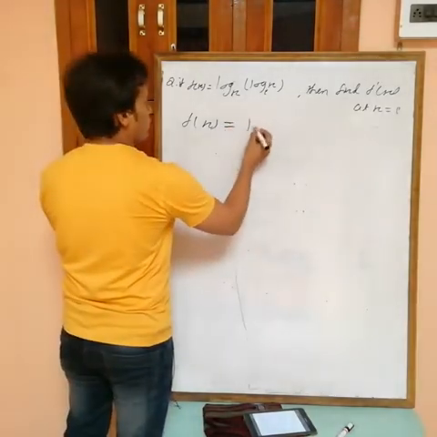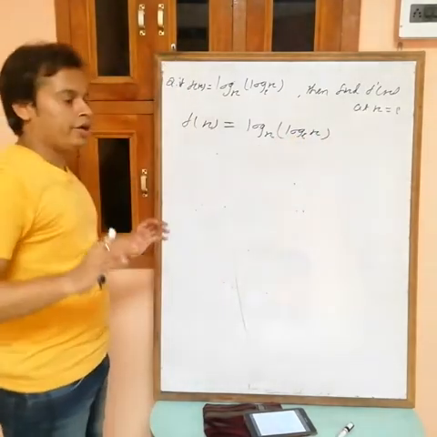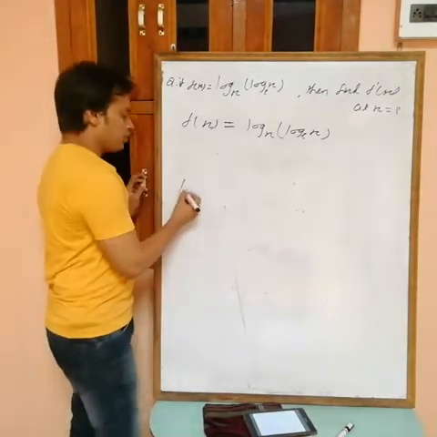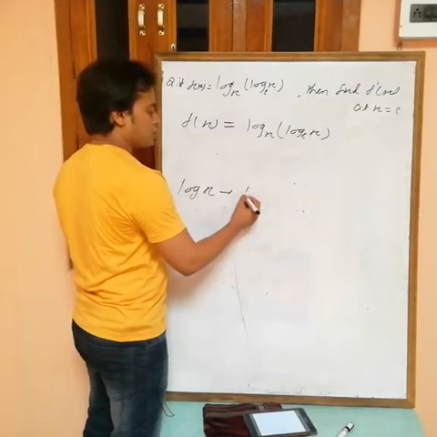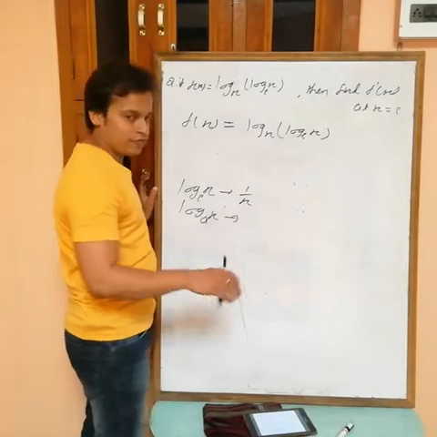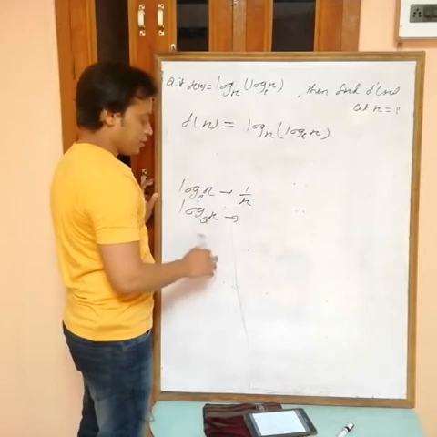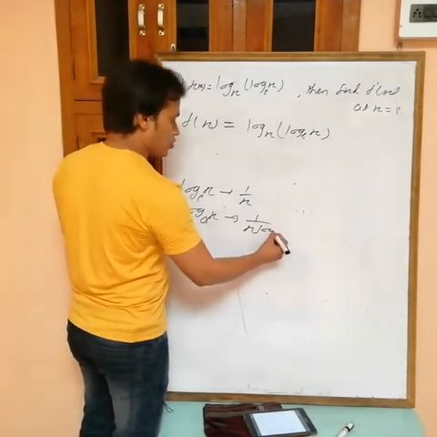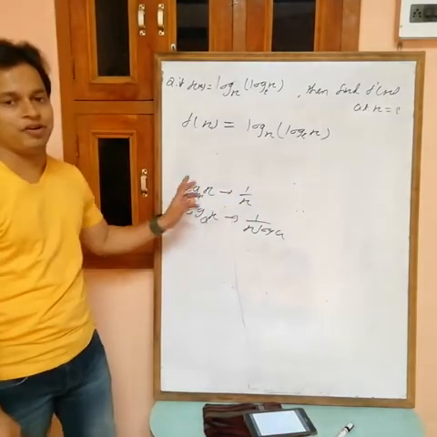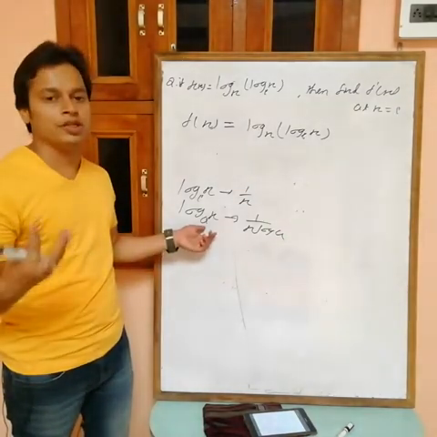Now see, f(x) equals log of ex to the base x. Can I use the formula of log x here? If there is a log x, the differentiation of log x is 1 by x if the base is e. If the base is any value other than e, any other constant, then the differentiation is 1 by x log a. This is the derivative of log x when base is e, and this is the derivative of log x when base is not equal to e. The base is any constant value.